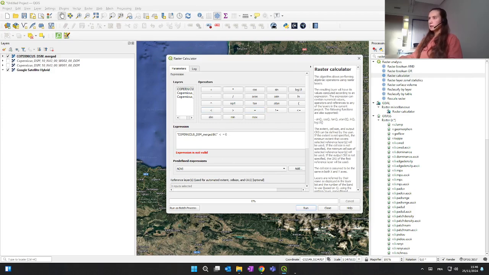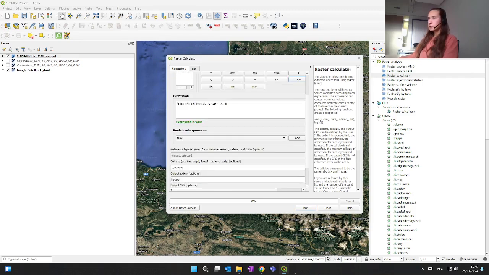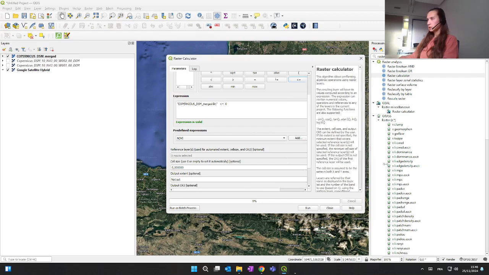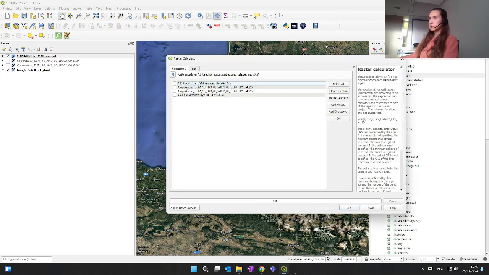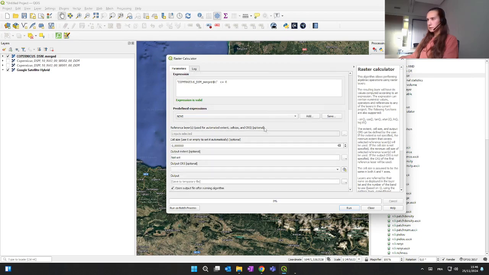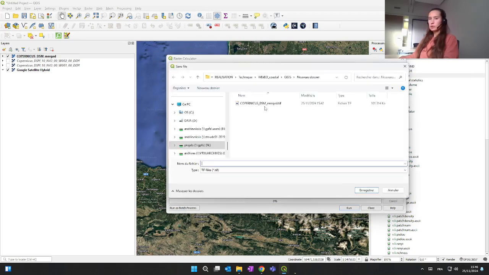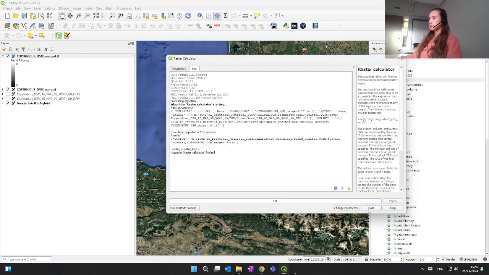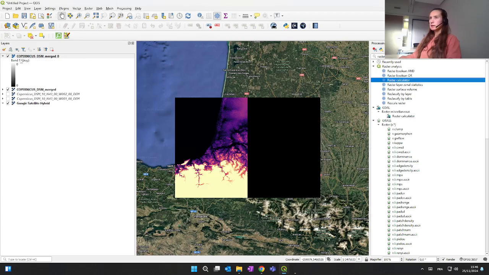Okay. Ah, yeah, because there's this sign, sorry. Okay, and there should be some reference layer. Let me, oh, reference layer, we can choose one of the tiles. And we will save our result as a file to our new folder, and we're gonna call it merged, well, 0, right? Why not? Okay, we're gonna run it, close it, and